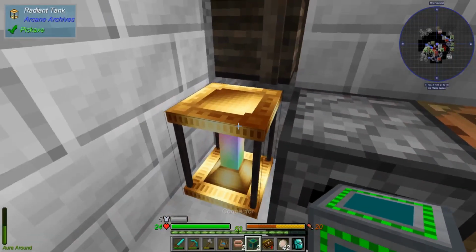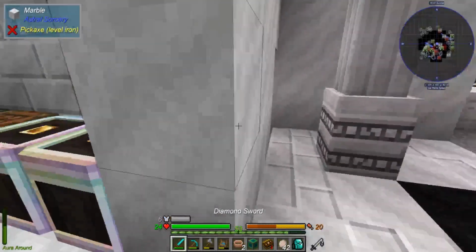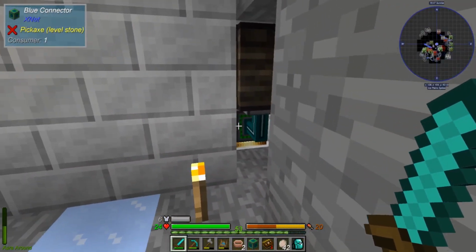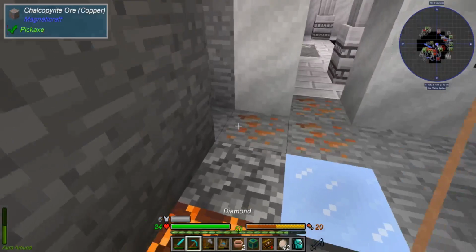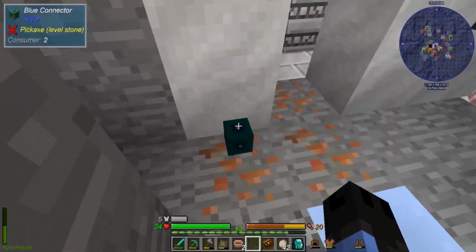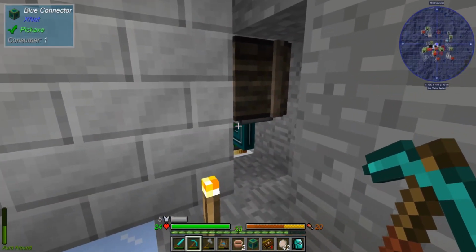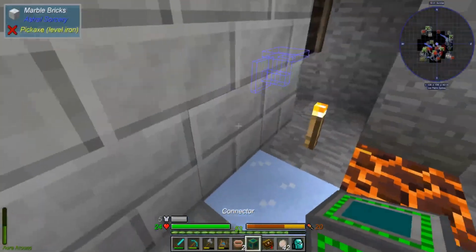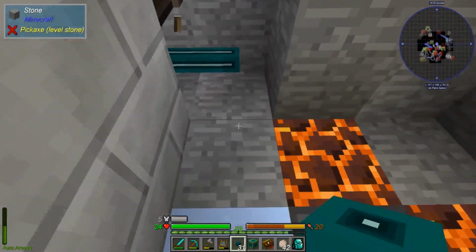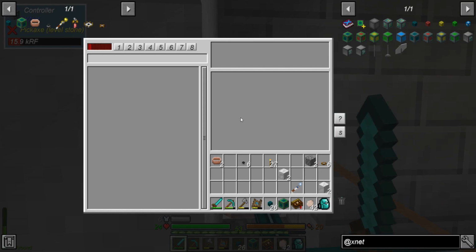I'm going to put a connector connecting to my tank and my storage crate. So if you go behind here, you'll see that it is... okay, well, if you put it down without anything, no, bad. It looks like that. But if it can connect to it, it will connect to it like that. So let's run this wire over to there. So now if we look at the controller,